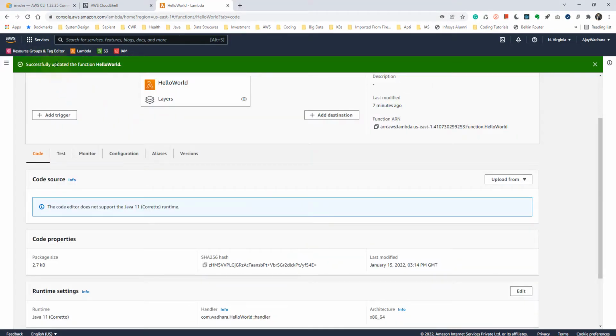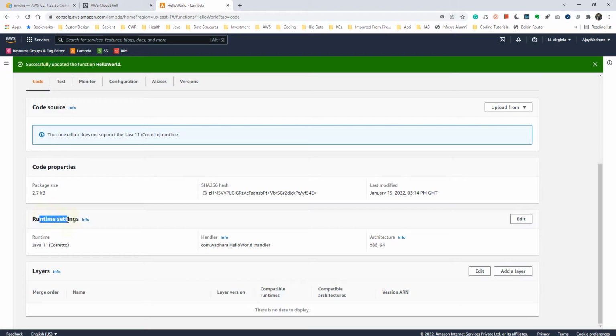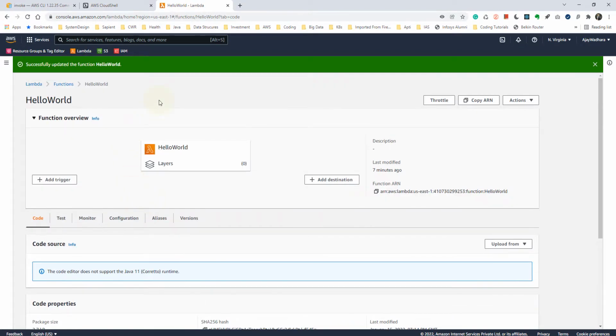So our function is updated. One thing to note here is whenever you deploy your new code, AWS destroys existing runtimes of your Lambda. That means next time when you call, you don't have to worry if the existing Lambda is getting called or not. Also, when you upload your code, since the runtime is loaded again, you are bound to get a cold start issue. So whenever you upload your new code or change the runtime settings, your new Lambda environment would be created.